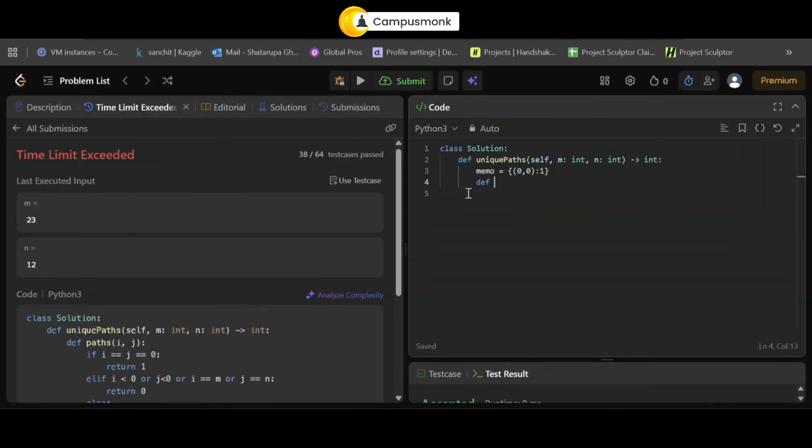Now we'll have defined paths(i, j), and then we'll check if our (i, j) is in the memo, right? Because we are remembering all of that. So if it is in the memo, then what will you do? You will return memo of i comma j. That's it. Right? Else if